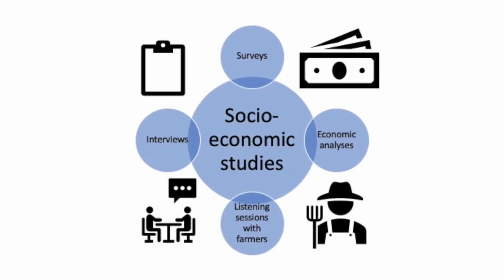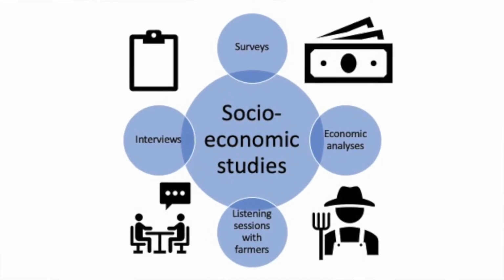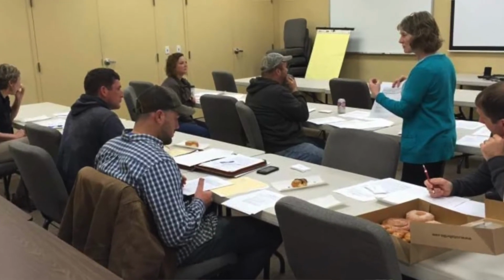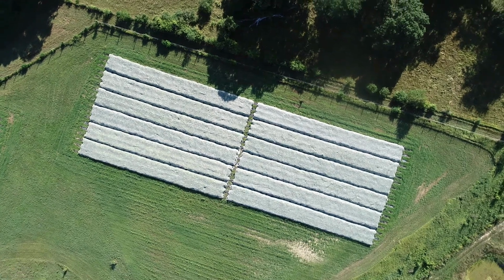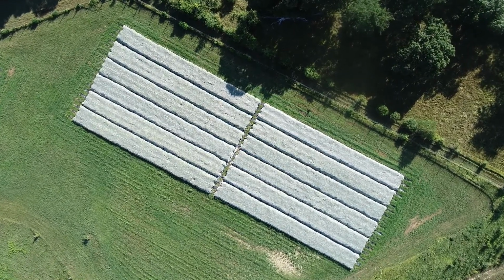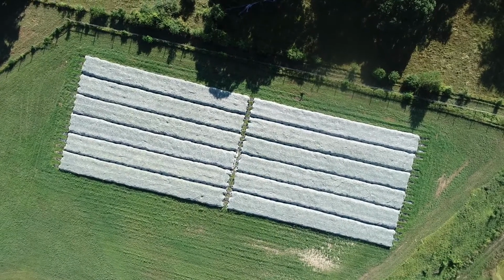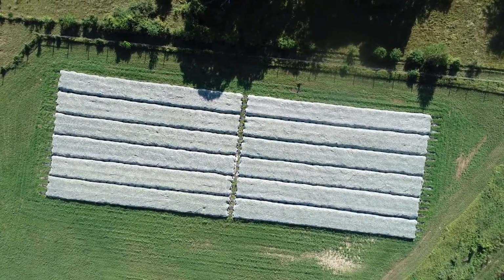We're also undertaking a socio-economic analysis. The mesotunnel and biocontrol strategies are new for organic cucurbits, so we'll need to find out when and where they can be profitable. This will mean economic analysis of the project's results under a range of projected production scenarios. Economics are critical,